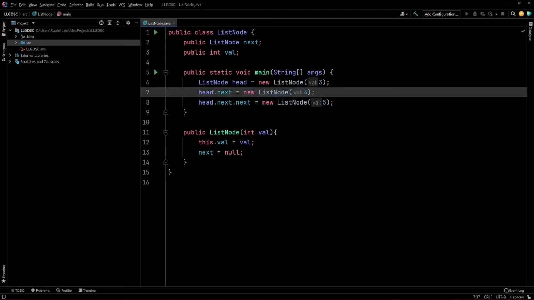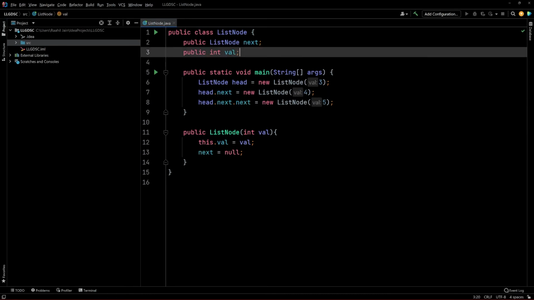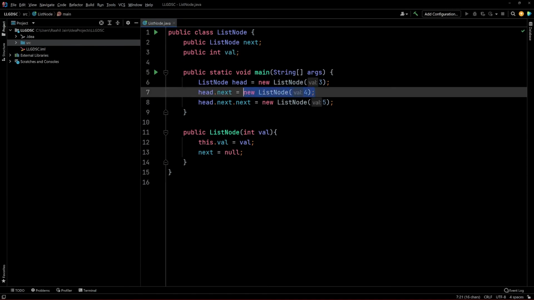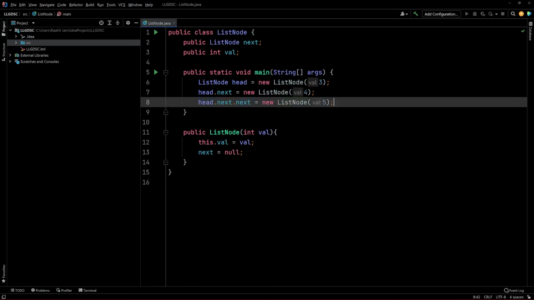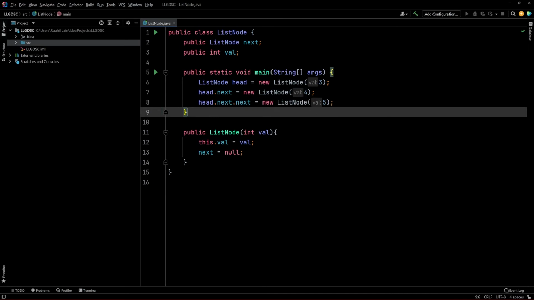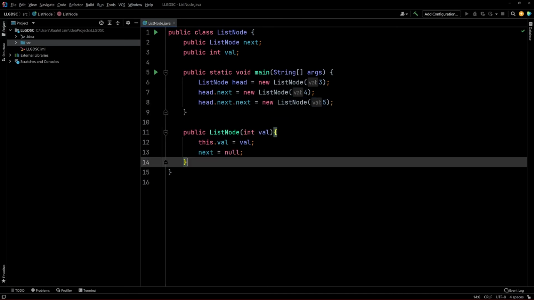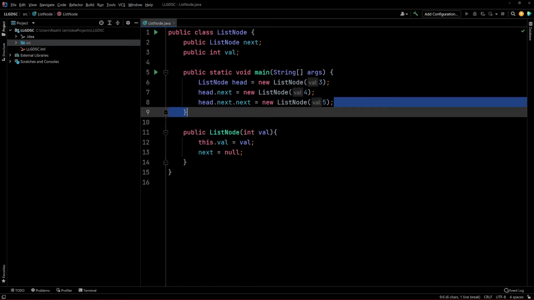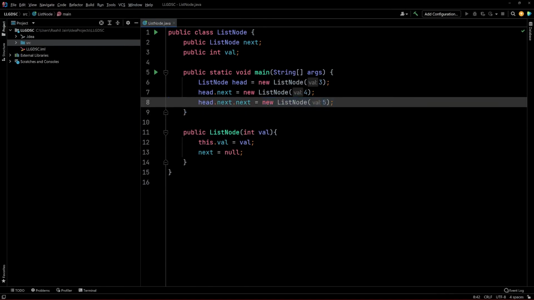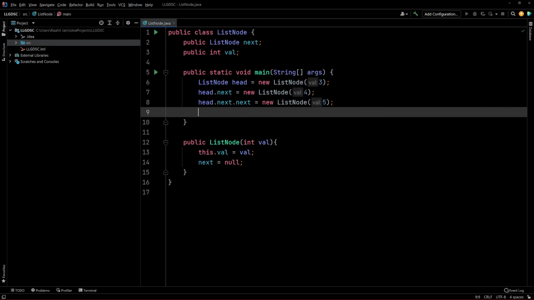So in the case that we just do head.next, we're looking at this 3's next field, and then we're setting that to be this list node that contains a 4. And then when we do head.next.next, we're looking at this 4's next field, and we're setting that to be a 5. And if you remember, originally they're nulls, and we're changing them to 5's. So this 5 has a next field of null, and we can actually see that if we go,